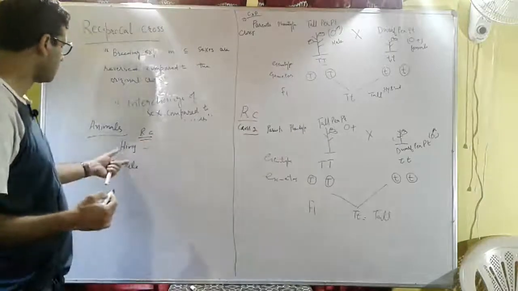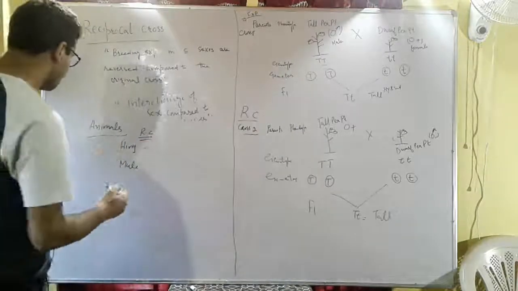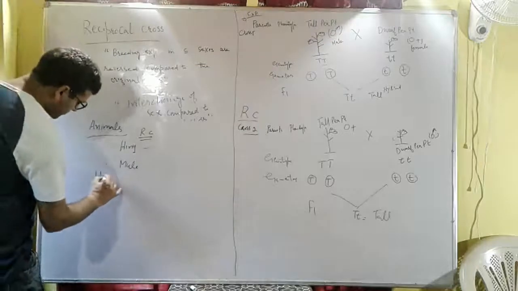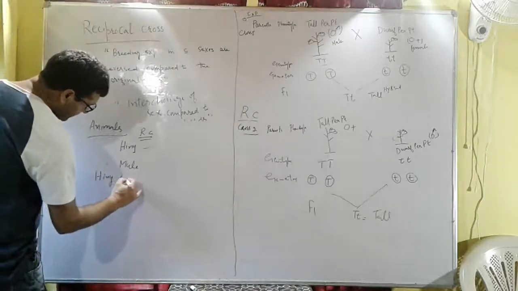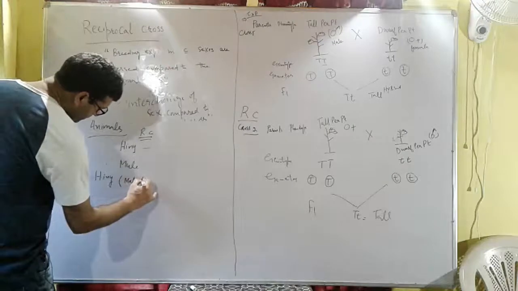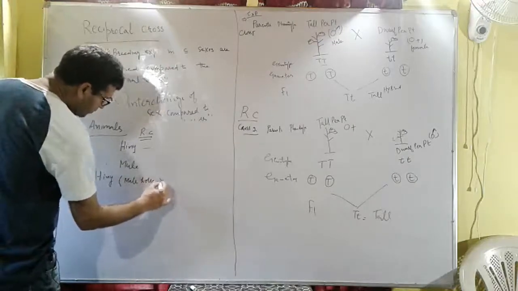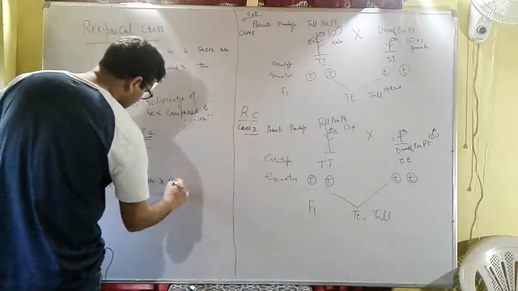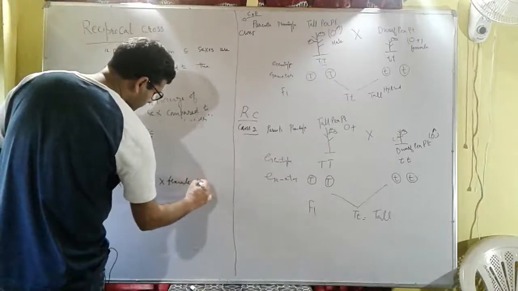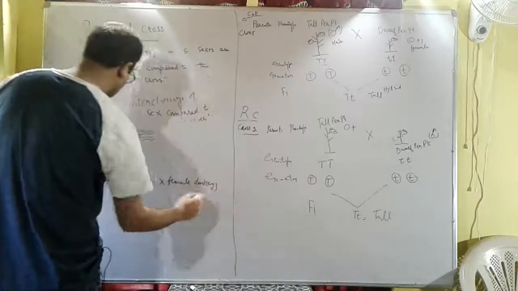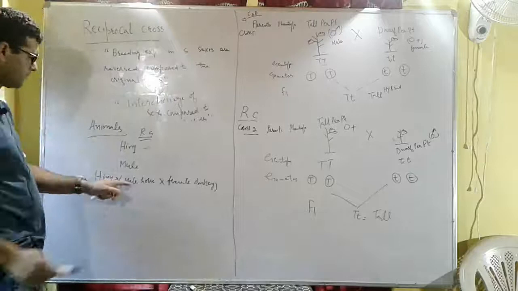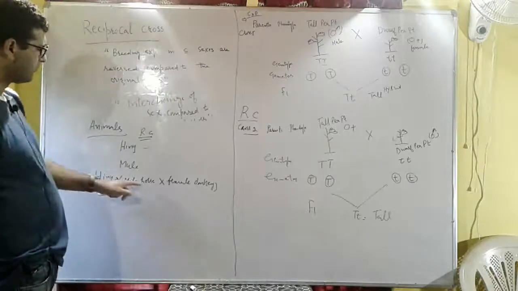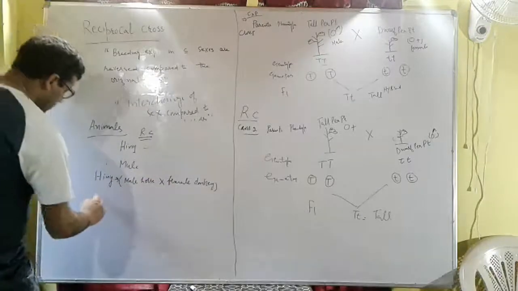They are produced by means of a reciprocal cross. The hinny is produced by crossing a male horse with a female donkey. This hinny is a product of a male horse and a female donkey, whereas the mule